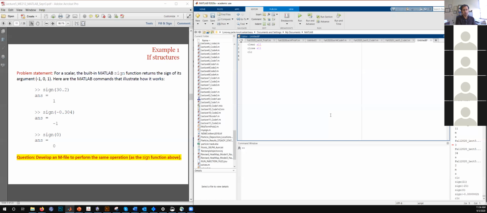So the question is, we are trying to check the sign of a number, if it is positive, negative, or if it is just 0.